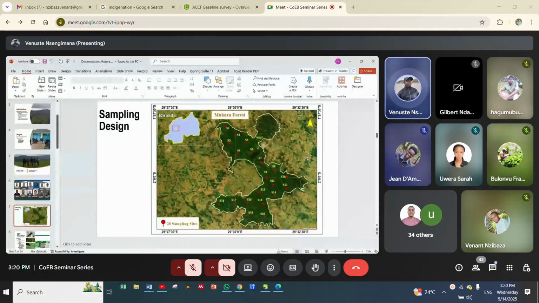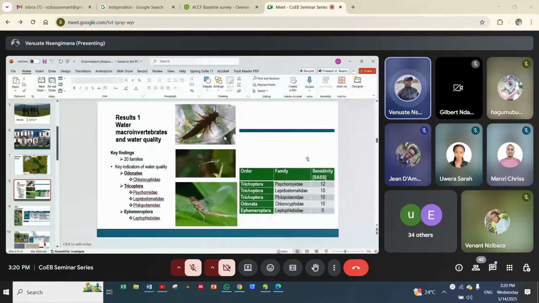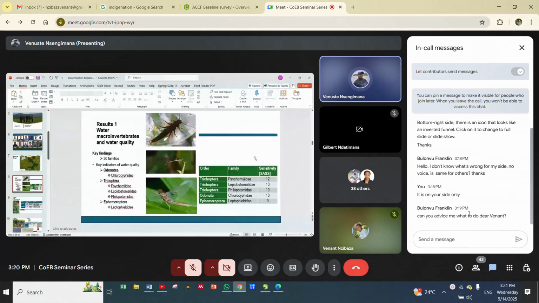or the taxa that was concerned by the sampling. The findings were really amazing. The first thing we were interested in was to assess water properties or water quality inside the forest using water macroinvertebrates,